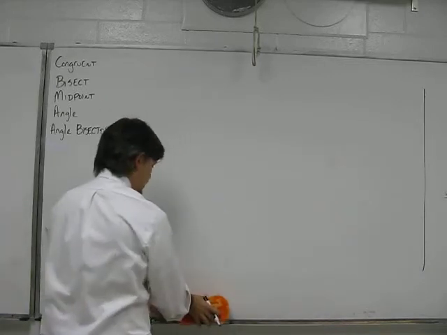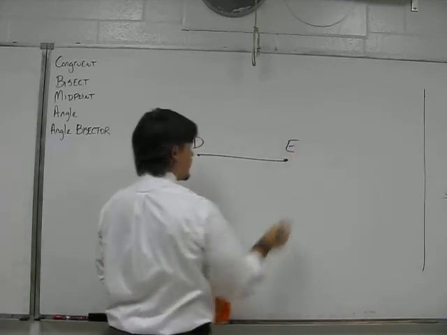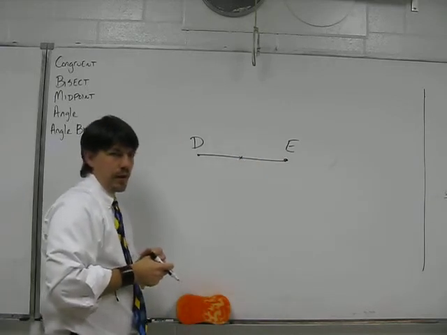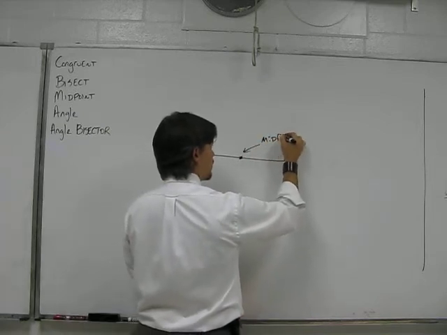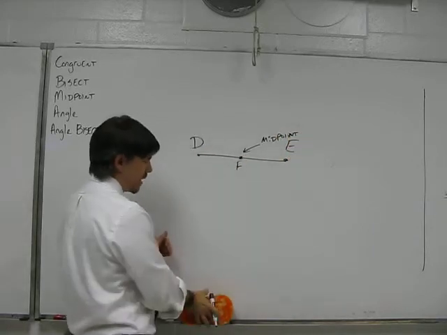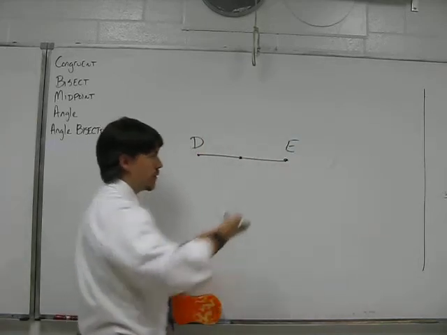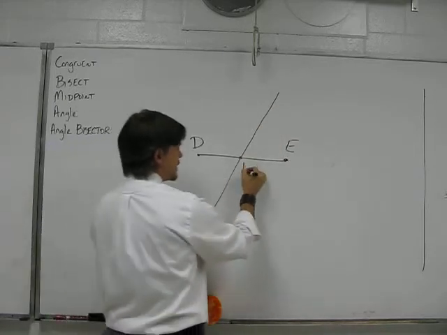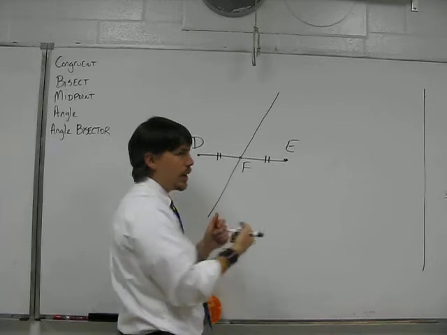Now if I take a segment, let's say from D to E, and I say that I need to find exactly that midpoint between them. Okay? So if I go through that midpoint right there, that right there is called a midpoint. So we will call that point F. That is a midpoint. Now if I take my ninja sword of death, and I take that through the midpoint, and I do like a fruit ninja move and go shing, and I wham, right there through the middle. Well, isn't DF the same as FE? So therefore they would be congruent because it